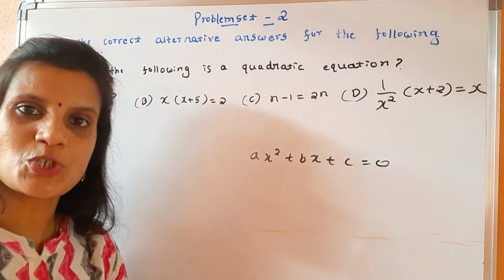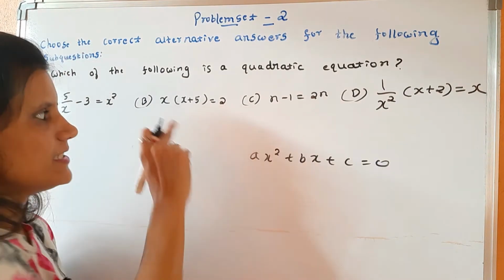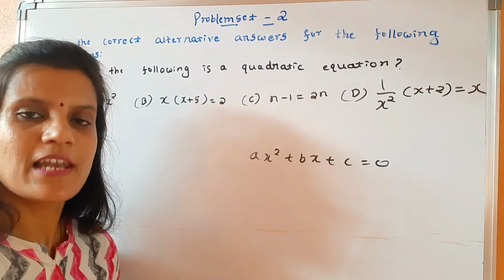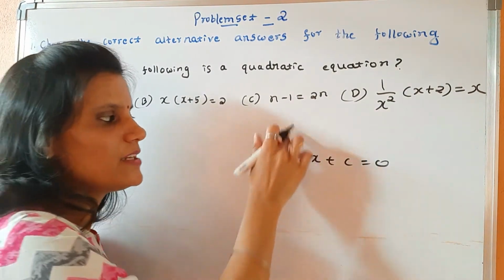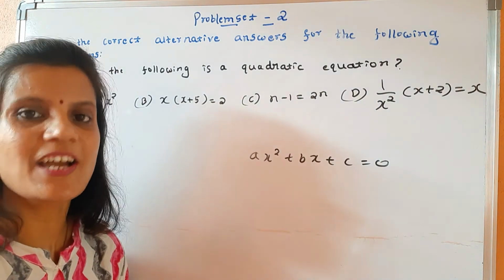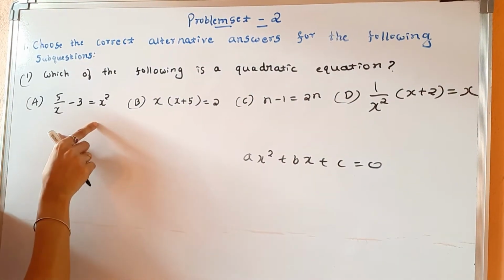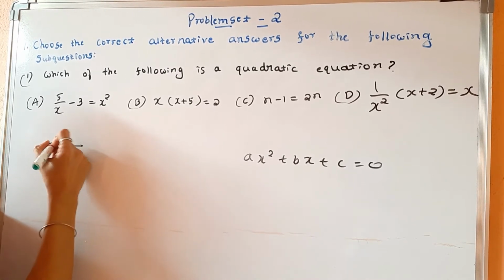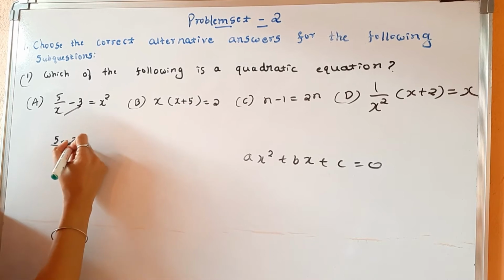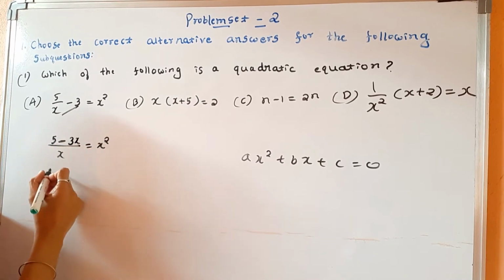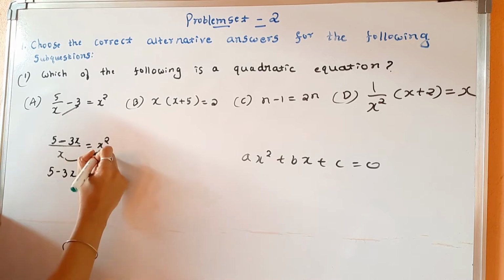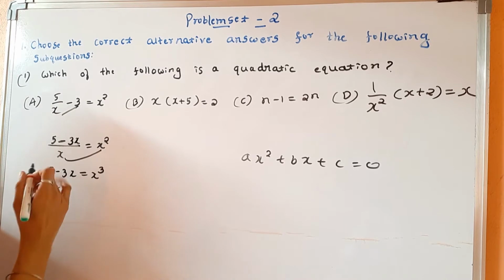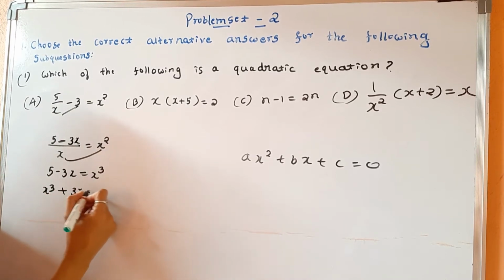They are asked which one is the quadratic equation out of these 4. But without solving, I cannot directly say this is the quadratic equation or not. We cannot guess, okay? So we have to solve first. Let me solve first, then whichever equation we get in this form, that one will be considered as a quadratic equation. Fine. See, if I solve this, what will happen? Equalizing the denominator, take x as common, you will get 5 minus 3x is equal to x square, cross multiplication. Here I'll get 5 minus 3x. This x I'll bring here, you'll get x cube. If I bring 3x this side, plus 3x minus 5 equal to 0.